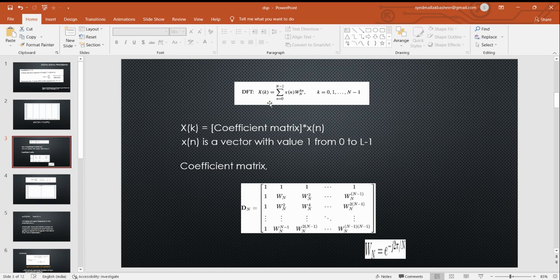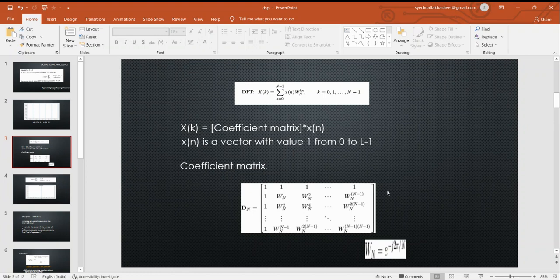Now to calculate DFT for this sequence, we can use this formula. This formula can be represented using a matrix. It is given by coefficient matrix times x of n. Here x of n is a vector with value 1 from index 0 to L minus 1, and this is the coefficient matrix. Here W_N is the Nth root of unity. If we multiply this coefficient matrix and x of n, we will get L as our first entry and remaining